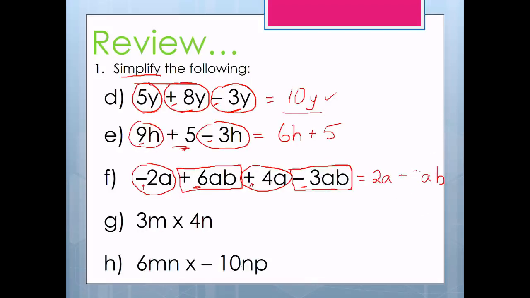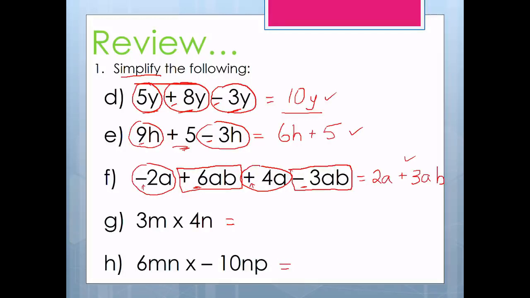2a plus 3ab. So those 3 there are reasonably challenging. Make sure that you've either marked it right, or if you got it wrong, fix it up. Now these last 2 down the bottom here, this is essentially what we're going to be doing today when we